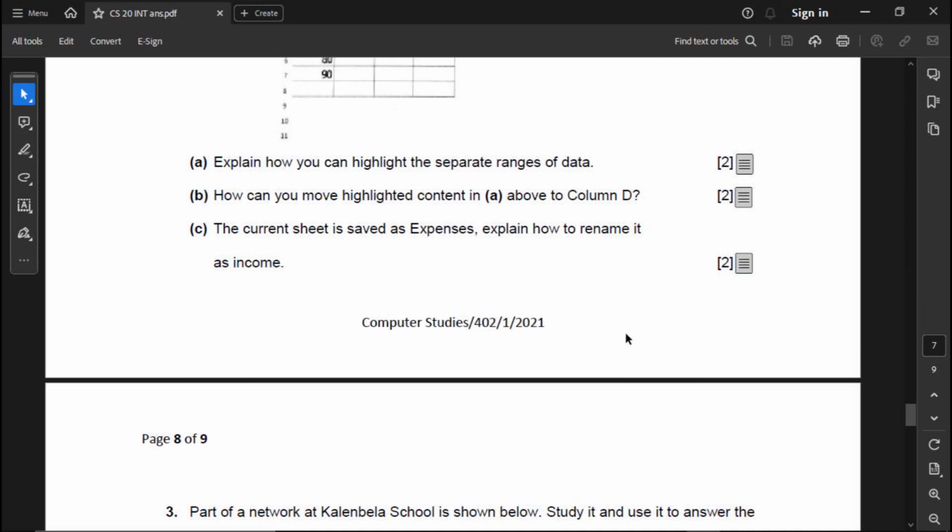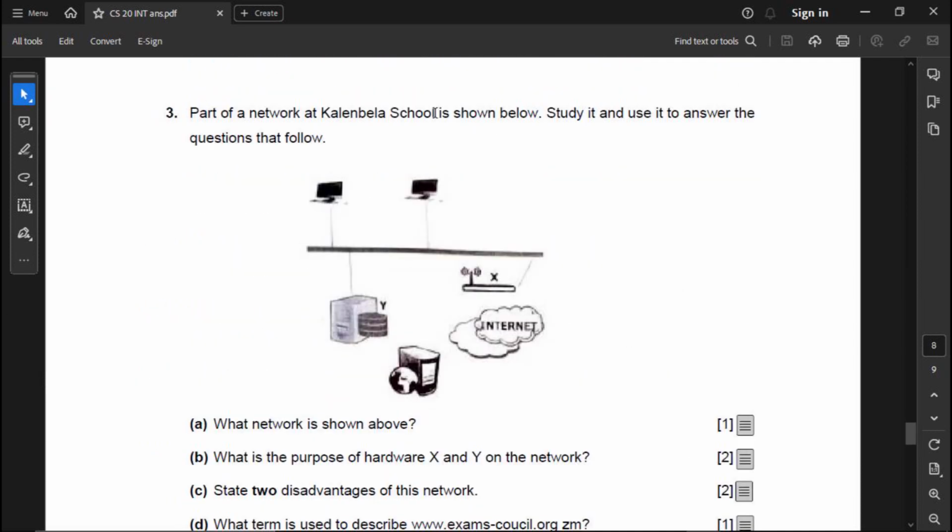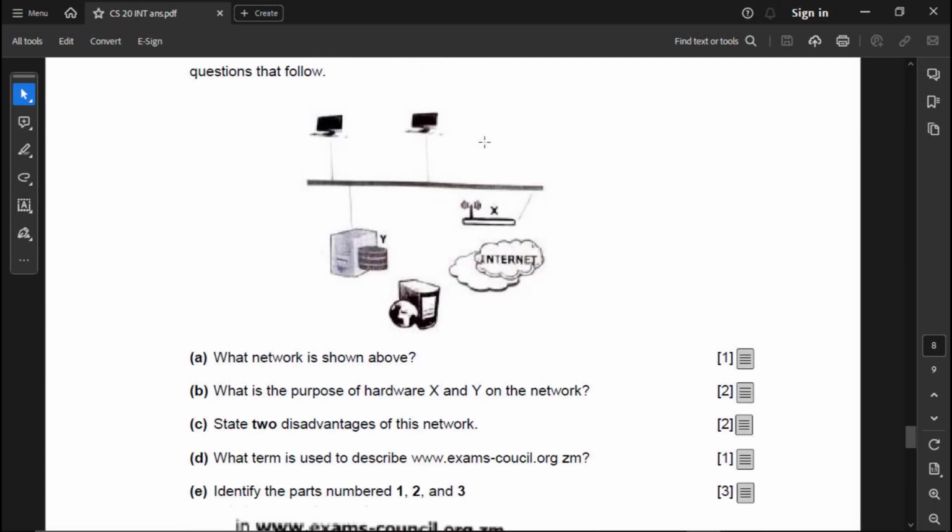So that's the answer. Now let's go to question 3. Question 3 says as follows: part of a network at Kalenbela School is shown below. Study it and use it to answer the questions that follow. So this is part of a network. The question reads as follows: